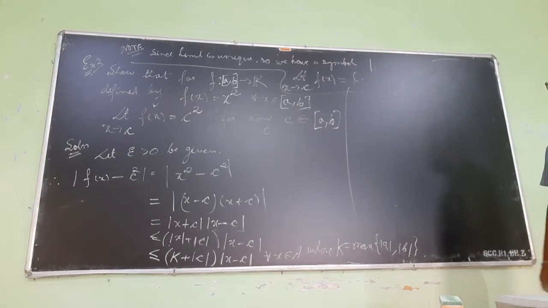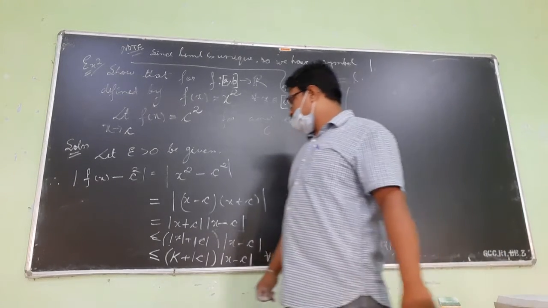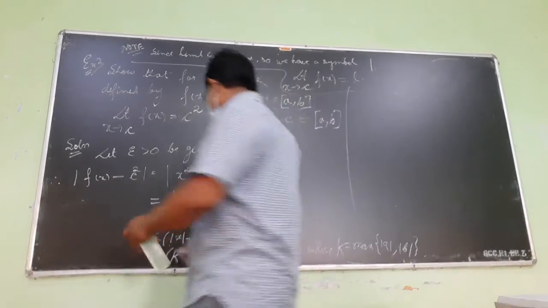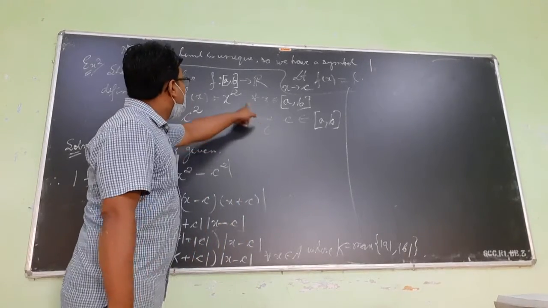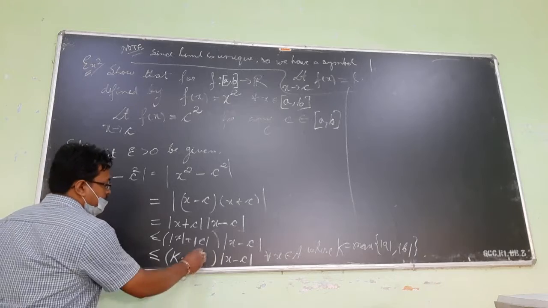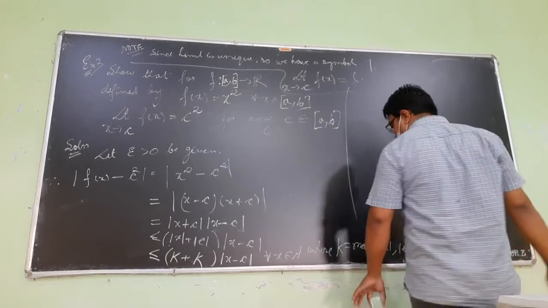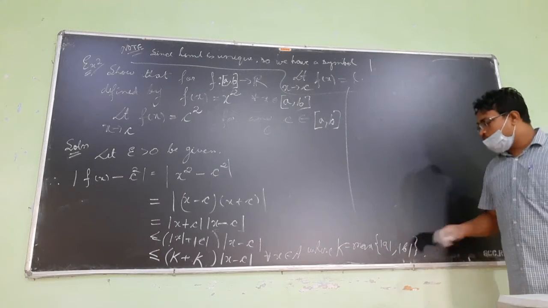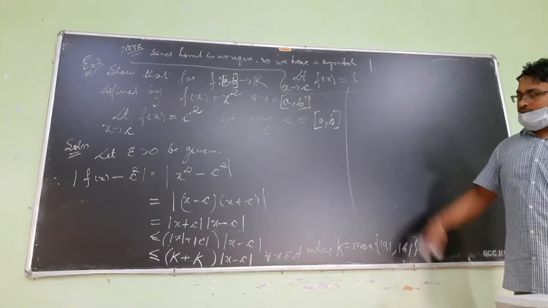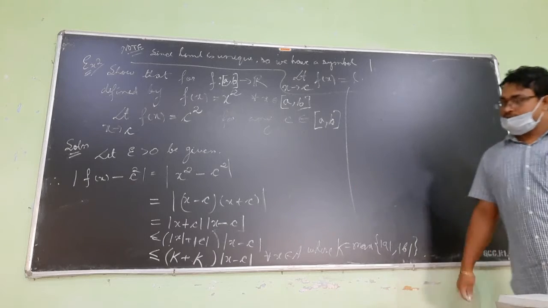This can be written as less than or equal to maximum of mod A, mod B. Okay, so let me do it in a different way. Let me do it for c also. C lies between A and B, so c also will satisfy this. So let me write it as less than or equal to k plus k, where k is maximum of mod A, mod B. Earlier case we had done it with including c. Now we are doing without c. Both are the same thing.